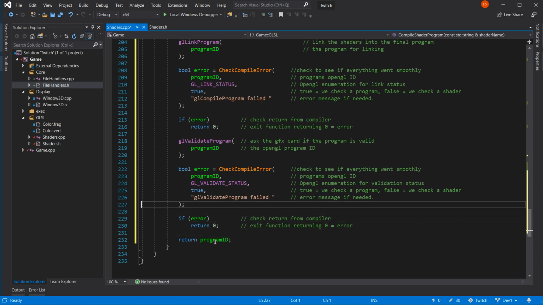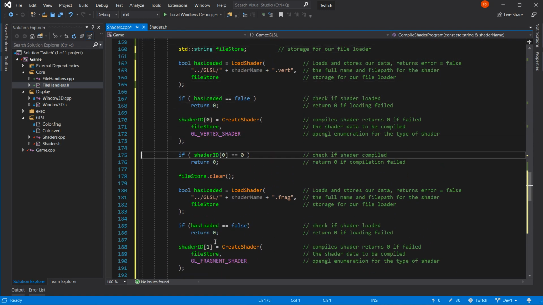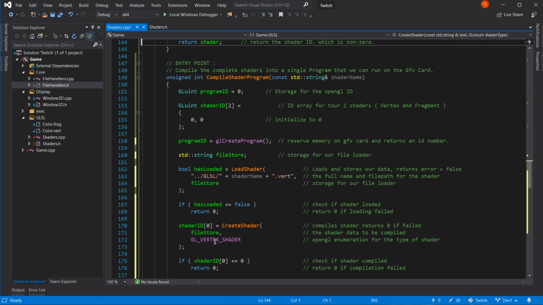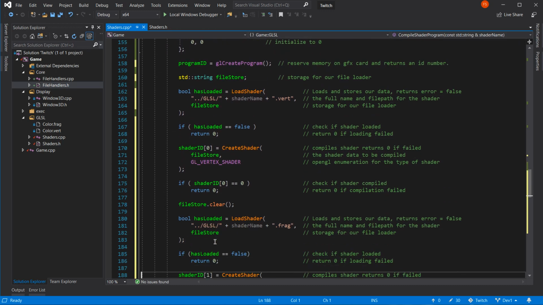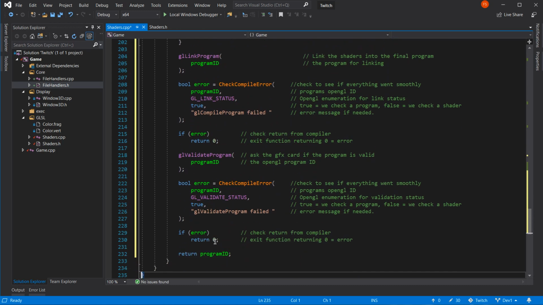Because otherwise I could not have written the check compilers. And I certainly could not have written the loads and the creates. But everything's used multiple times, which is why I needed them. I mean, could you imagine putting the create shader and load shader code in here? This file would be slightly more than 234 lines long, put it that way. You'd be heading on up for about 500 to 1,000. Don't want to go there, because we still haven't finished.